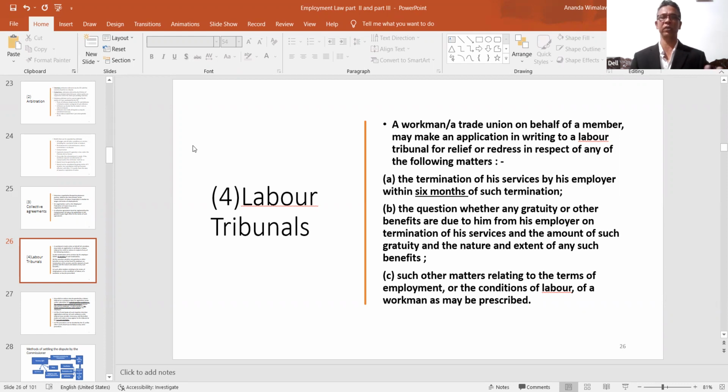A: the termination of the service of a workman by his or her